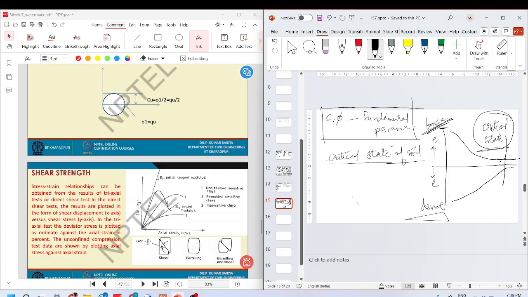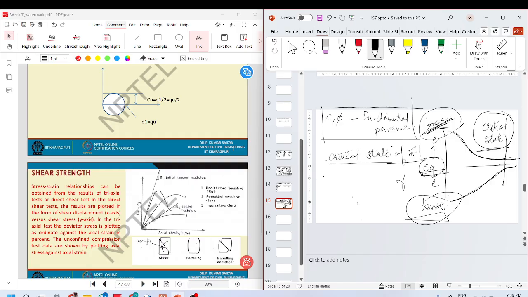Here the q by p ratio will be your, so the void ratio here will be one of the parameters that is fundamental, as in it does not change. It does not matter if your soil is loose, it does not matter if it is dense, it does not matter what is the density of the soil or whether you are draining it or not. It just means that when you load it from any density, it will try to reach a critical void ratio. Okay,